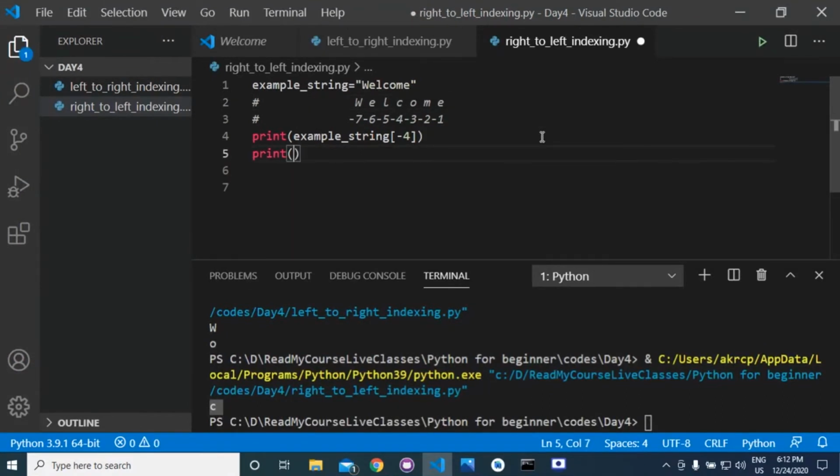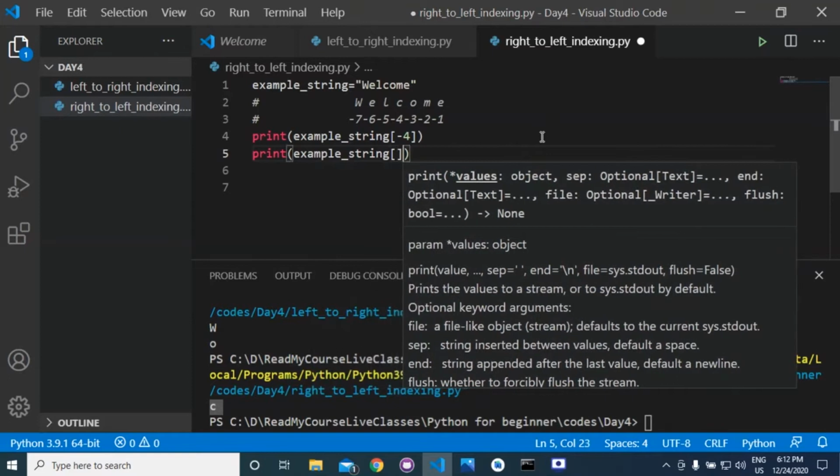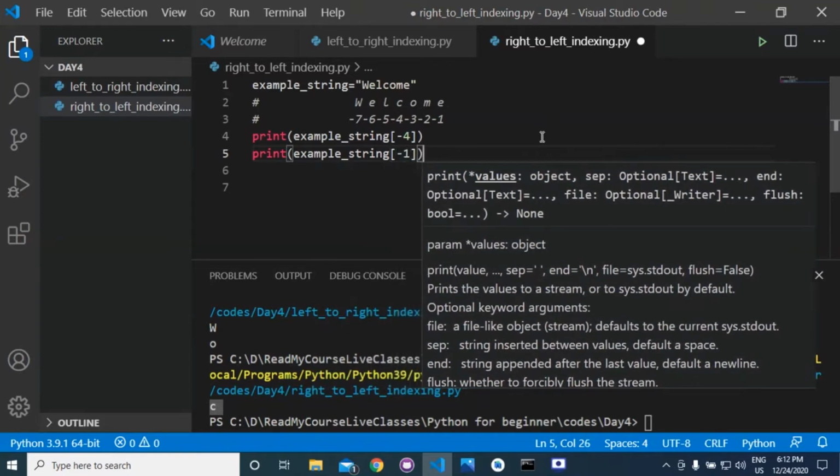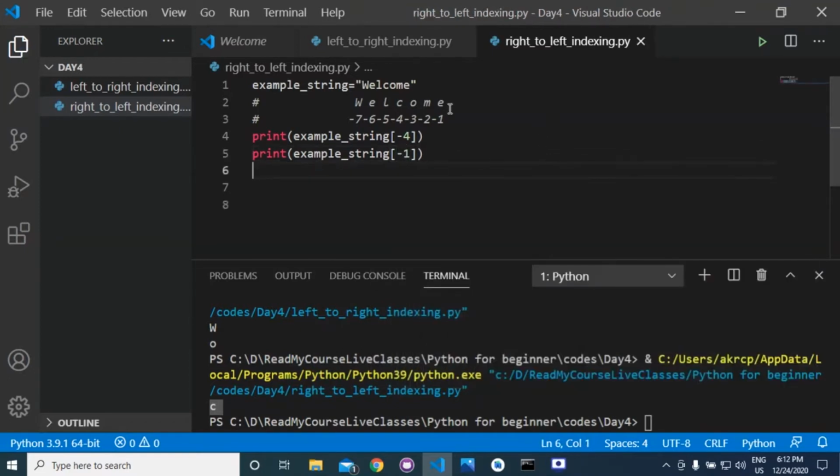Similarly, if I write print example string -1, this will give us the last element E. So if anybody asks you to give the last element of any string, then you can just write -1.